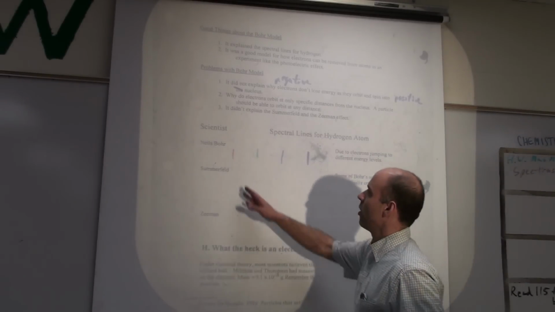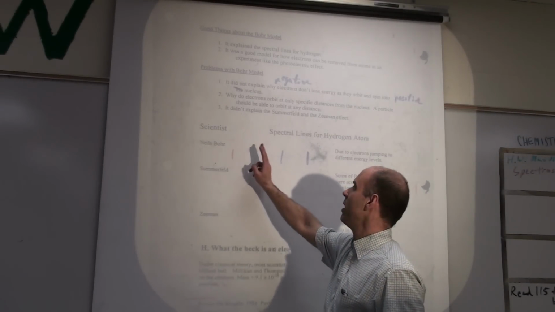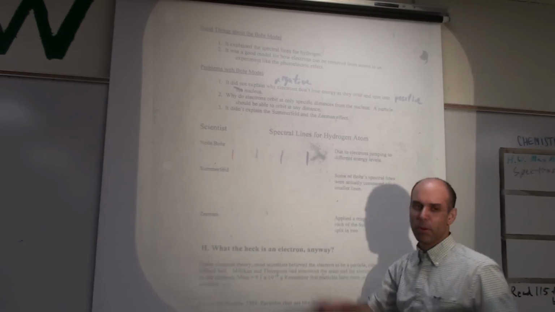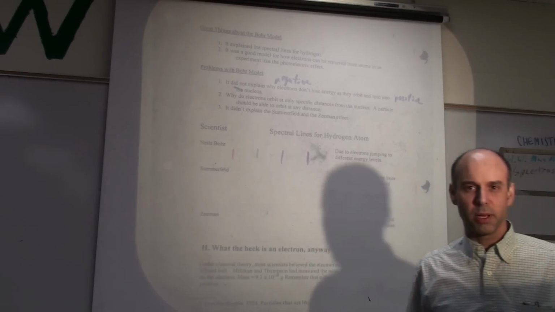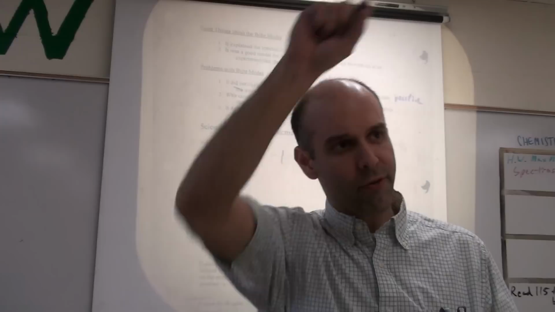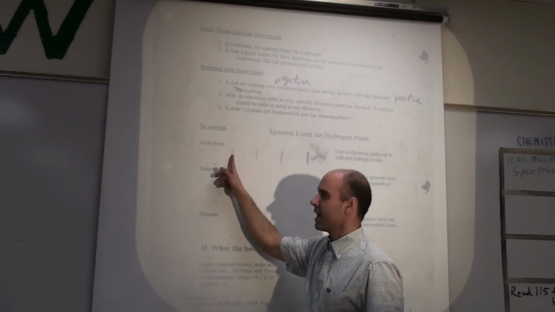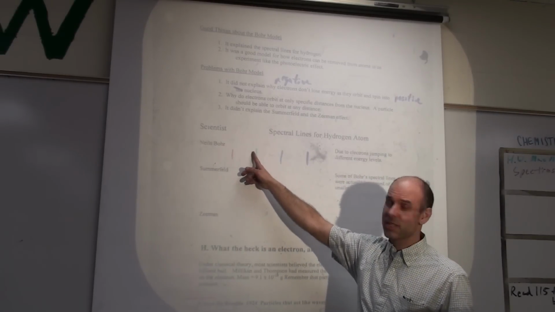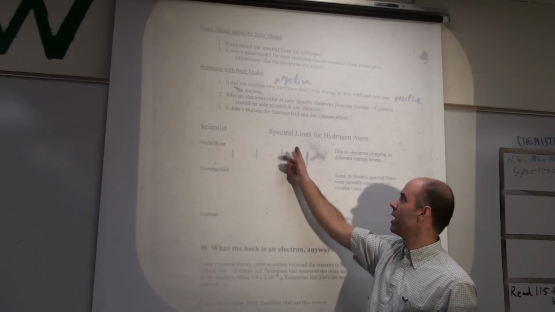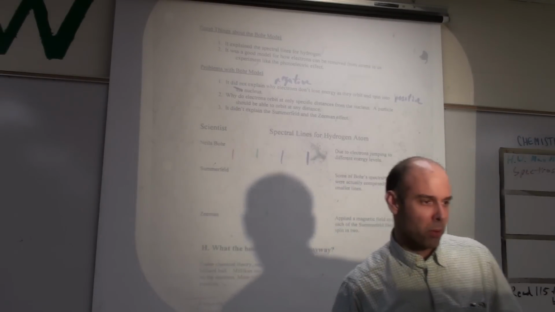So, Bohr model. A couple of things that were good about the Bohr model is it explained the spectral lines. So we know that hydrogen gives off red, green, blue, and purple light. And the Bohr model explained how that happens. When the electrons fall, they produce that light. When it falls from the third to the second, you get red. Fourth to the second, green. Fifth to the second, blue. And sixth to the second, you get purple light. So there are some good things about the Bohr model, but there are also some